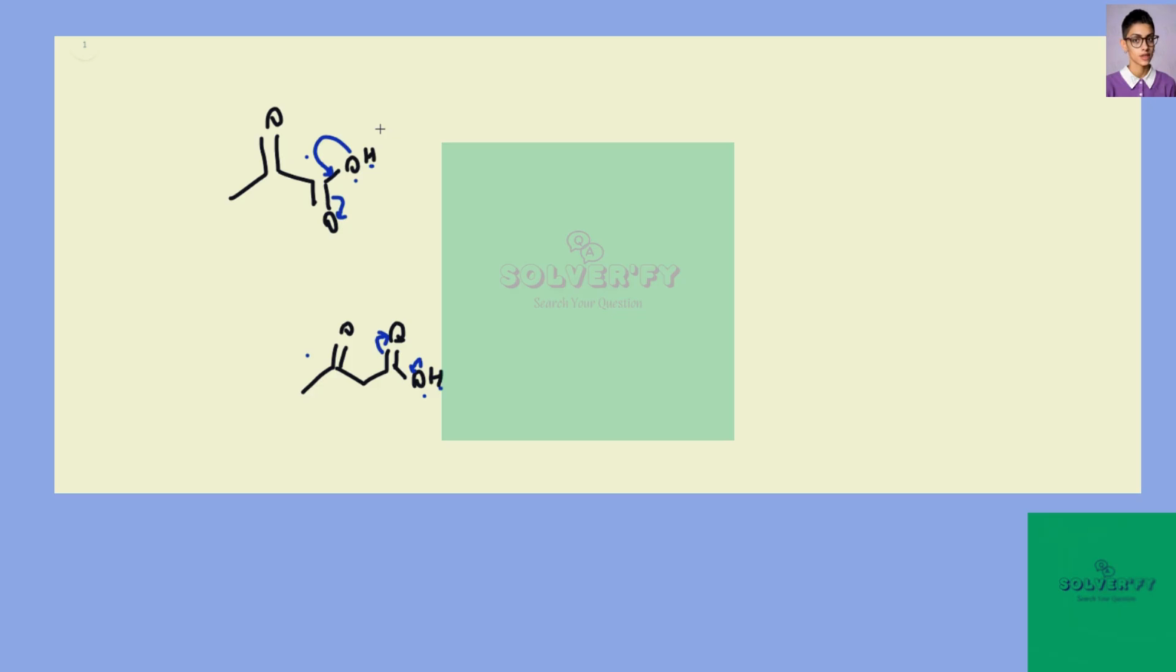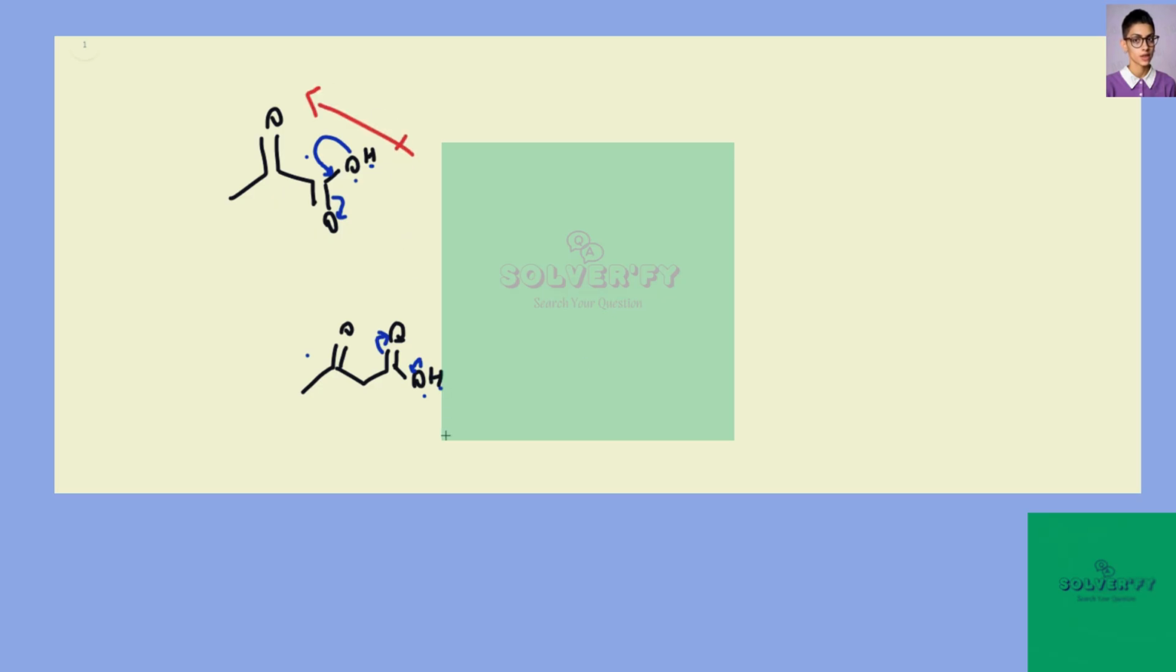And third, the inductive stabilization, the inductive pull of electron density away from these negatively charged oxygens onto some sort of electronegative group to inductively stabilize your conjugate base. So both of these we have ketones that are adjacent to our carboxylic acid, which can inductively stabilize